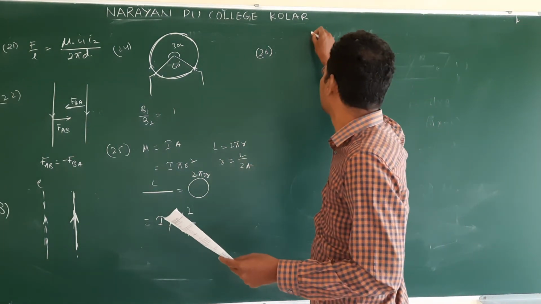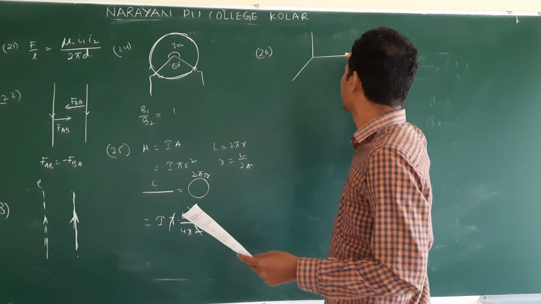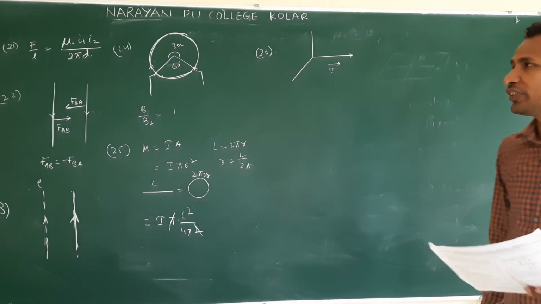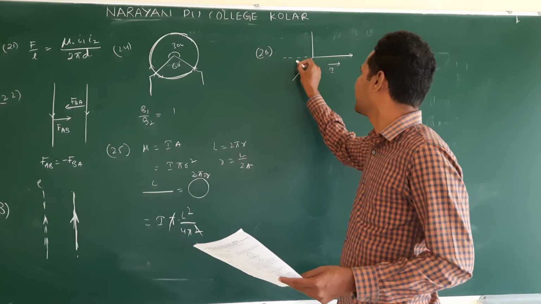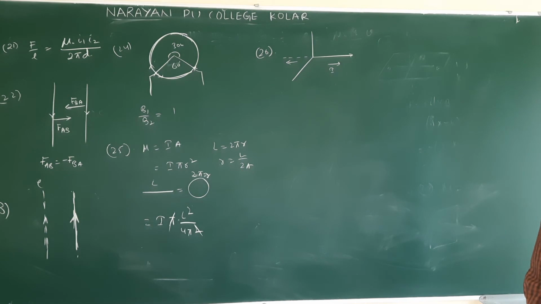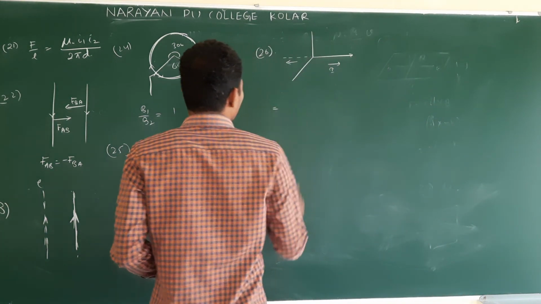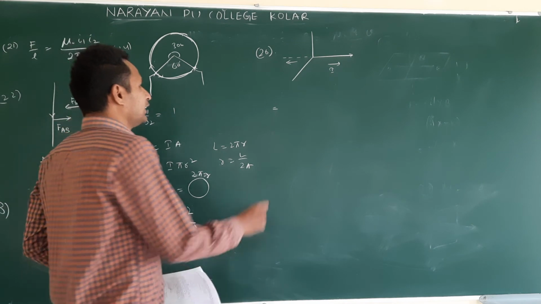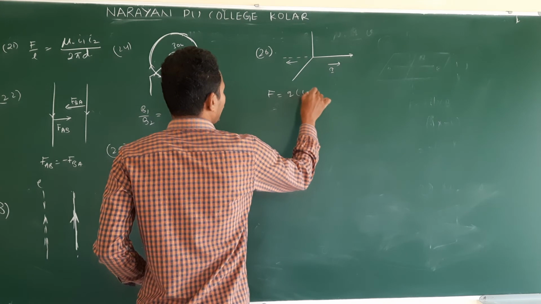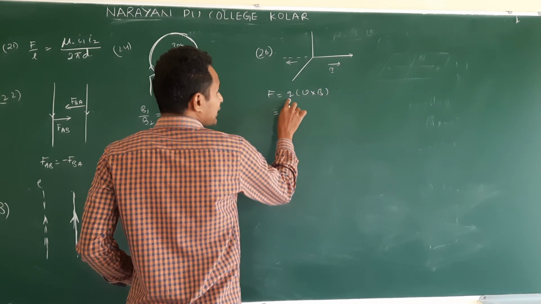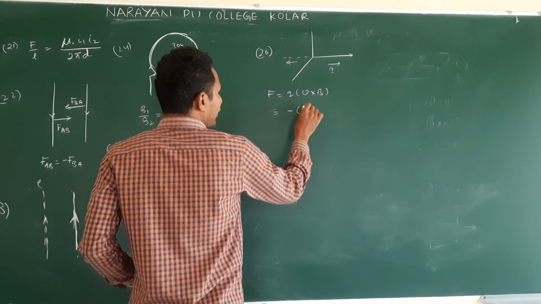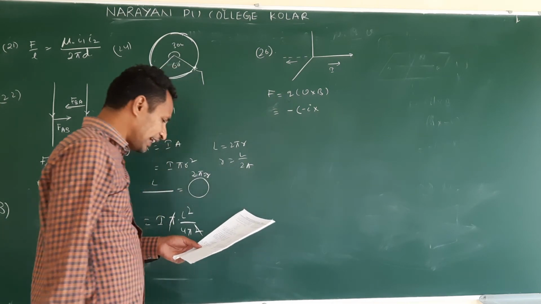According to the question, current is moving along x direction. Am I correct or not? Current moving in x direction means electrons move in which direction? Negative x axis direction. Opposite flow to conventional current. Then we need to find the force experienced by the charges. What is the formula? F is equal to Q into V cross B. Which charge is experienced, positive or negative? Negative charge, minus. Which direction are they moving? Minus i direction. Next, B is acting in which direction?